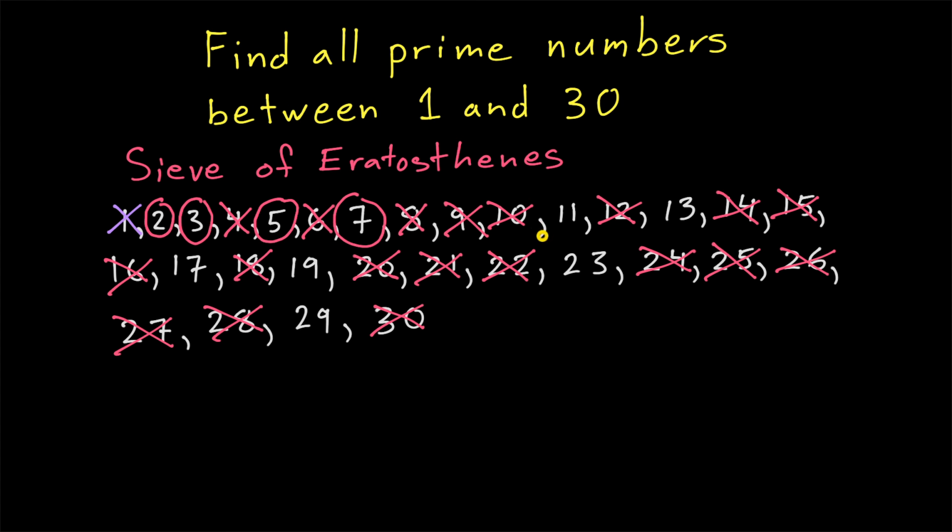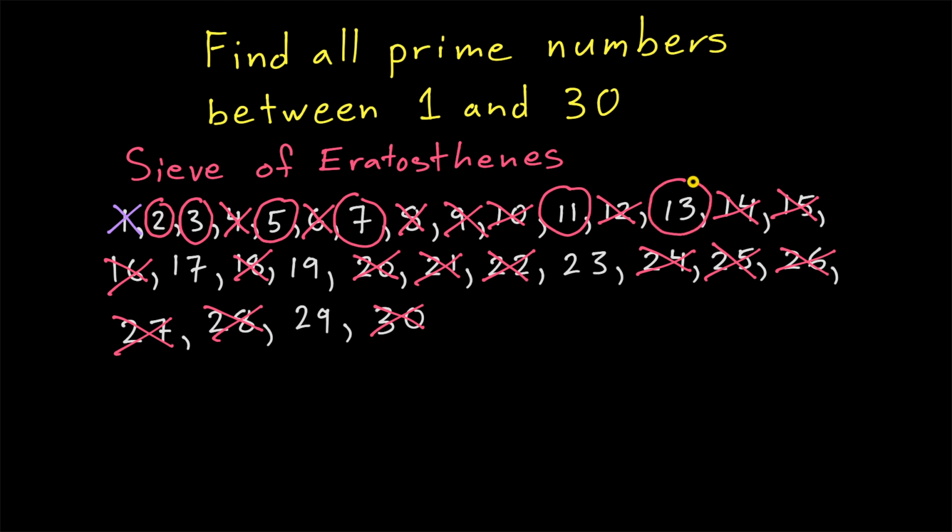So then go to the next number that is not circled or crossed out and circle it. 11. Cross out every 11th number after that. So 1, 2, 3, 4, 5, 6, 7, 8, 9, 10, 11. 22, it's crossed out. And then the next multiple of 11 is just 33, which is beyond what we're trying to calculate to. You would cross out 33, but our list is ending at 30, so we don't have to continue. Then go to the next number on the list that is not circled or crossed out, which is 13,